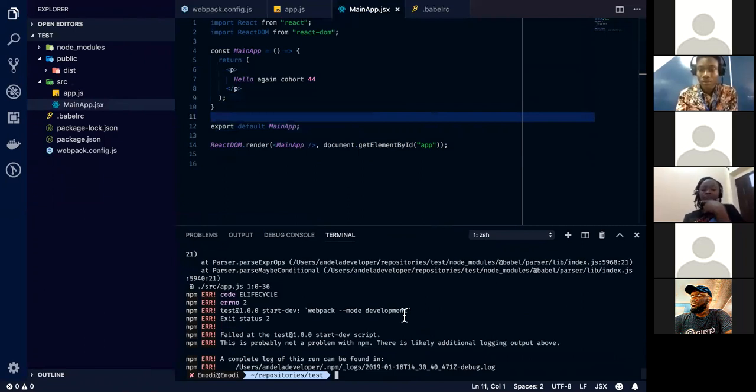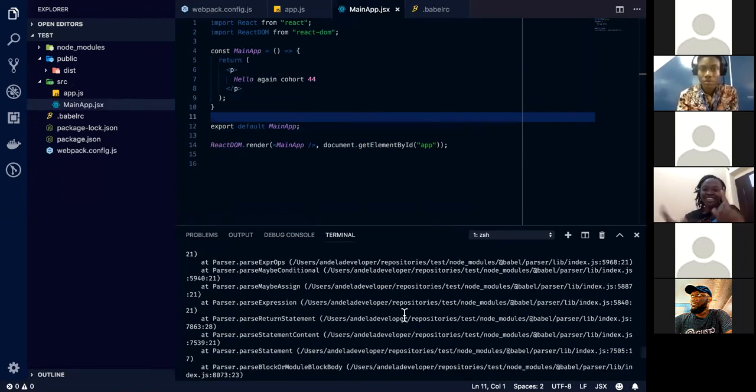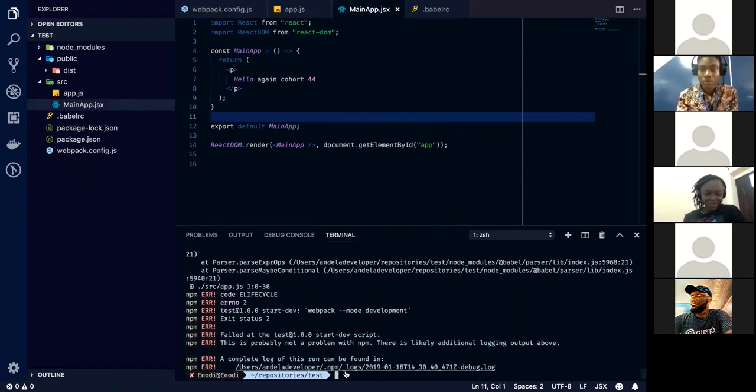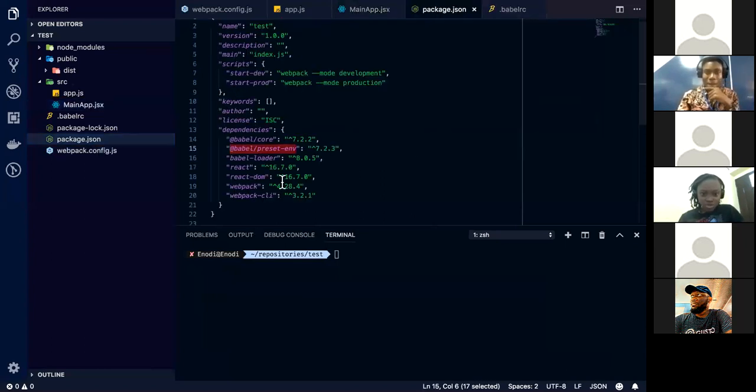For Babel, I know they changed a lot of things. Yes, I just remembered. So the issue is because there's a preset that Babel has that transpiles, of course, JSX to ES5, which I did not install. Yeah. So let me be sure. Yeah, I did not install it. So npm install babel presets